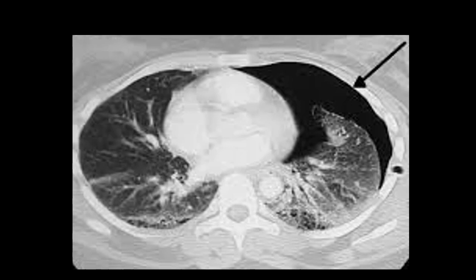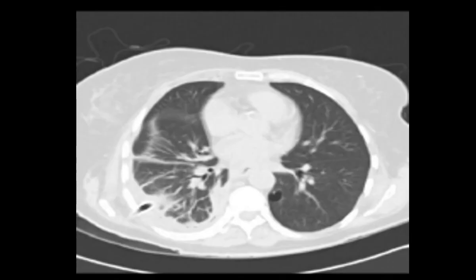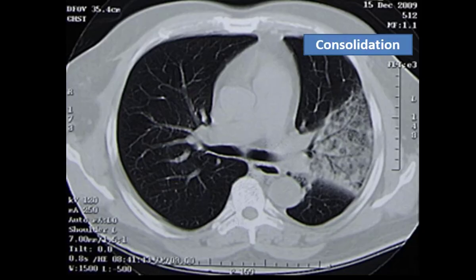What is this? This is pneumothorax. What all can you see here? Yeah, there is an ICD which is lying in the thoracic cavity, a small bulla and increased bronchovascular markings, nodularities. So this was particularly to show you how a chest drain looks on a CT. This is consolidation with bronchial markings.